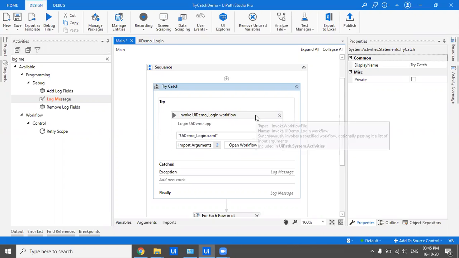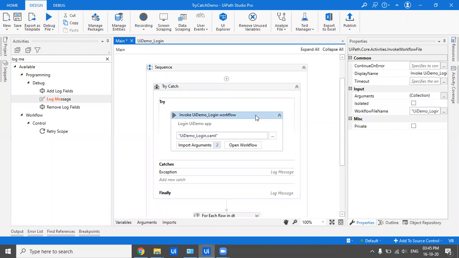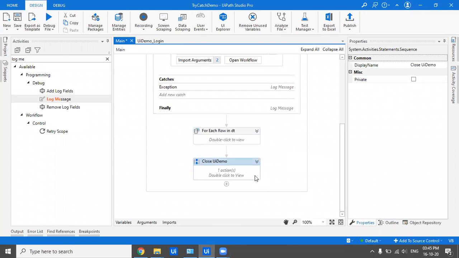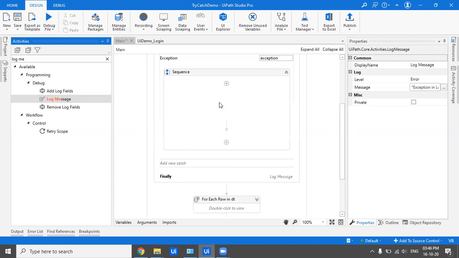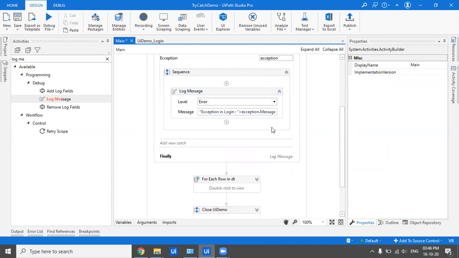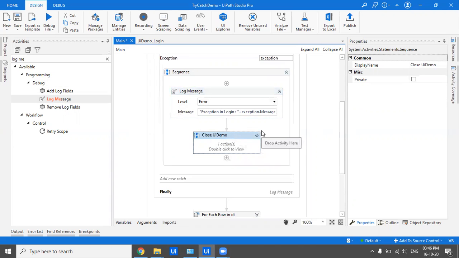Now, if I just run this, which will log into UI demo, and I'll try to throw an exception, and in that case we'll see how the exception gets caught and what further steps we can take. What I want to achieve is that the robot is trying to log into this UI demo application, but in case there is any issue while logging in, I want the bot to close the application and then try again. That's what you usually do whenever you're dealing with a case wherein you have to log in. This is what we usually do in real-time projects: we close the application and then try doing it again.